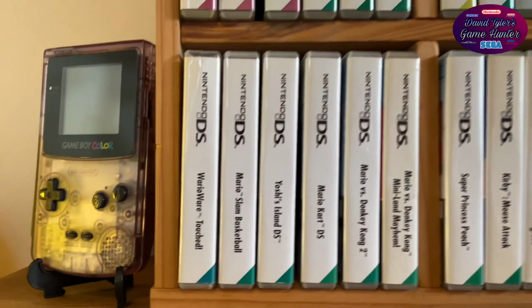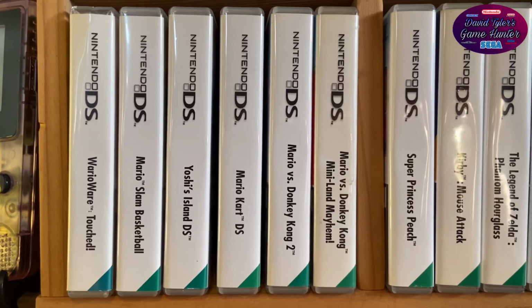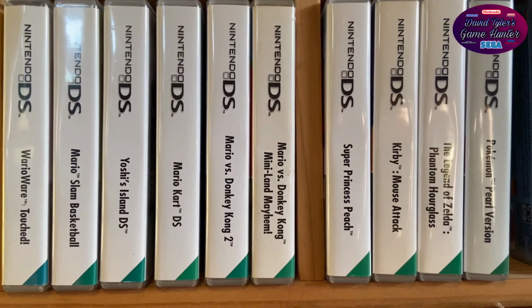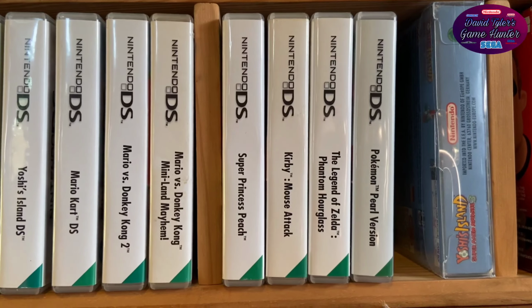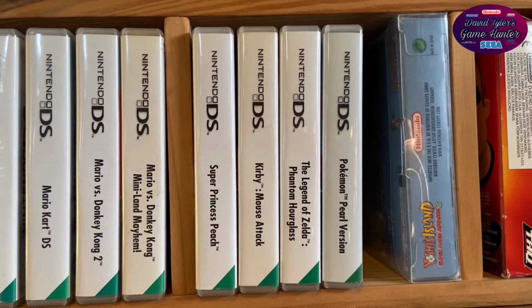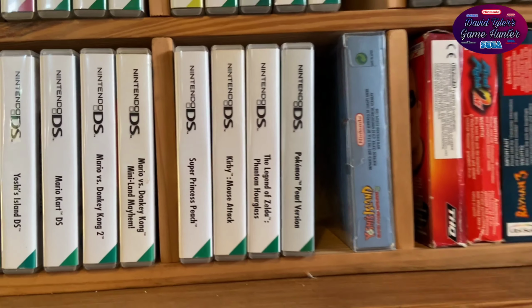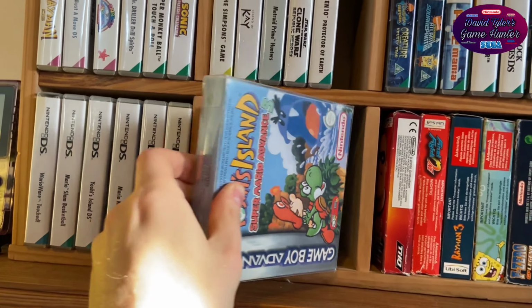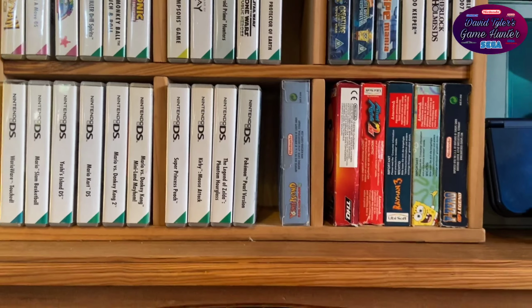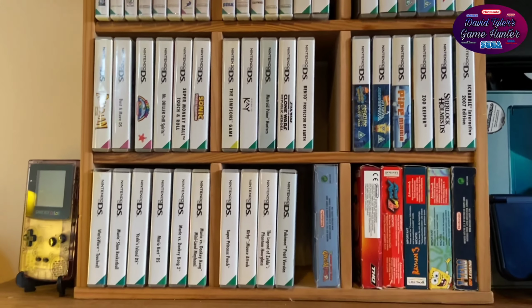But yeah, my more expensive or more sought after items are down here, like Yoshi's Island DS, Mario Kart, Super Princess Peach, Kirby, Legend of Zelda Phantom Hourglass, Pokemon Pearl. It's my boxed Yoshi's Island Mario Advance 3, really good condition actually, that one is. Yeah, then we'll move down